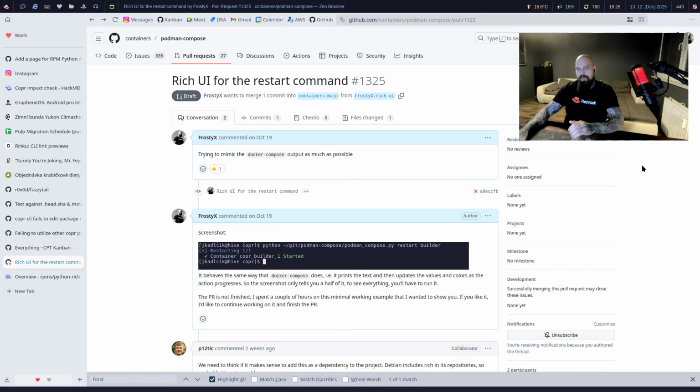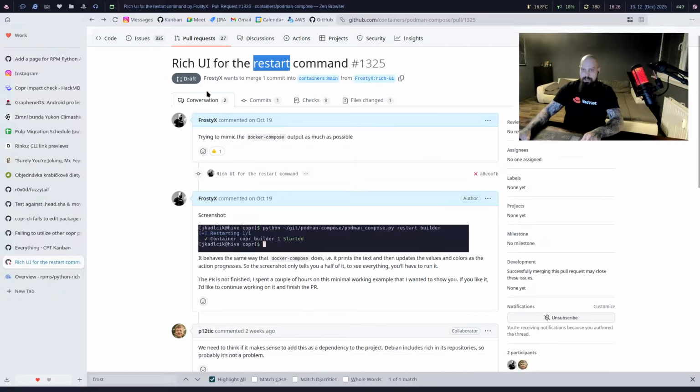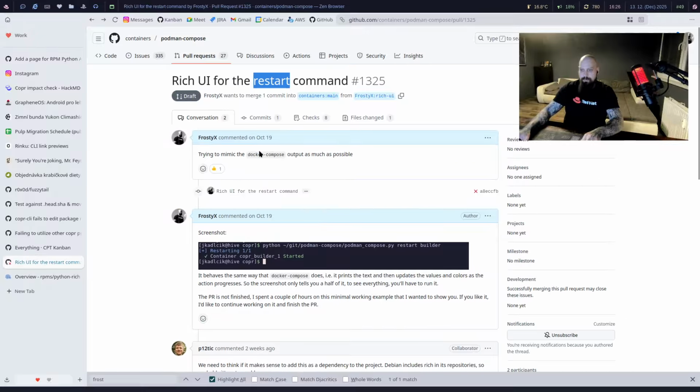Remember when we worked on this Rich UI for the Podman Compose restart command? It looked like this. So we changed the interface to have colors and the formatting in the same way that Docker Compose has. This is still a draft and still an open pull request